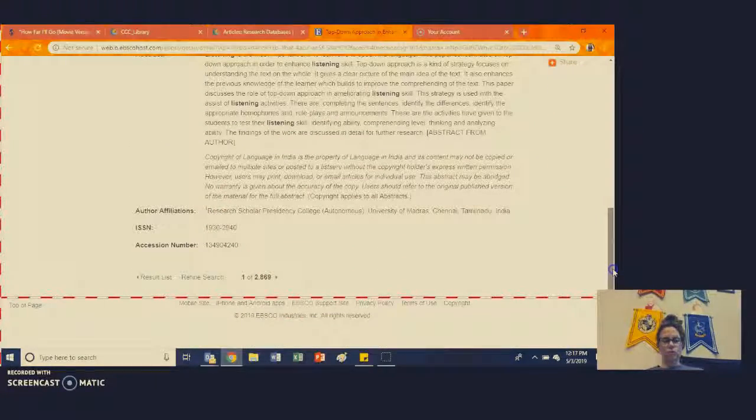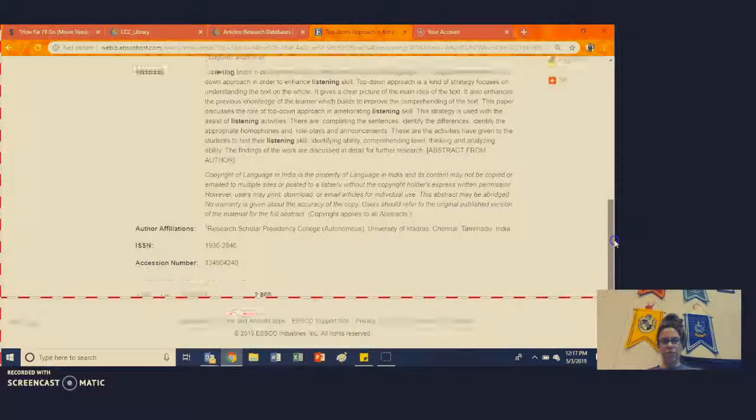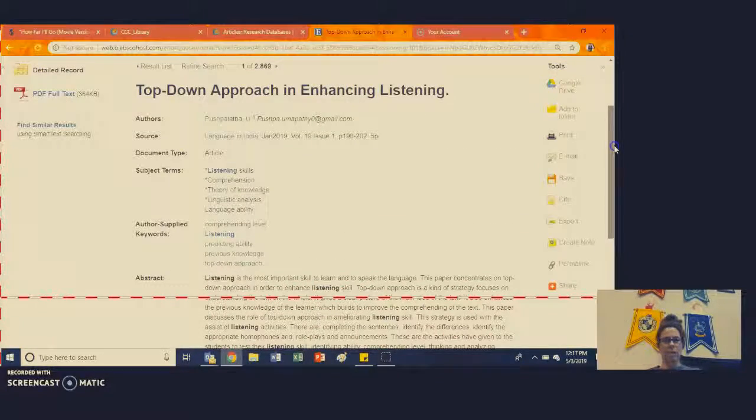And if you scroll down, it will usually tell you, here it is, and it's in a source called Language in India. So this is a communication database. The title of it is Language in India. That's what you should be citing in your speech. So title of article, author, and source title. Okay? You don't need to worry about volume, issue, pages, and all of that kind of stuff.